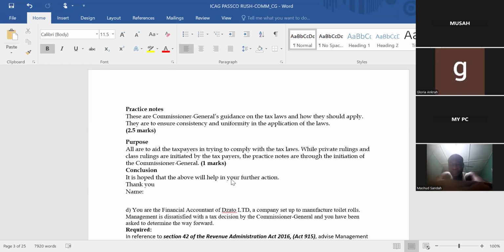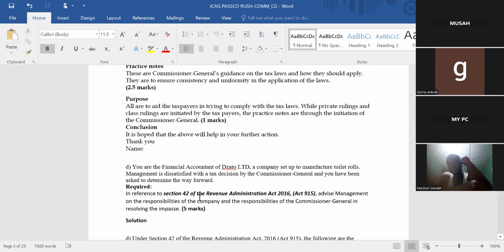Do you get it? Now, when the minister went to parliament and read the 2026 budget, what we are expecting is that the GRA will come out with a practice note on how the levies should be decoupled, where we will now have a flat rate of VAT of 20%. So it is a law that requires the Commissioner General to issue the practice note. It is not a request, but the other two are requests by the taxpayers.